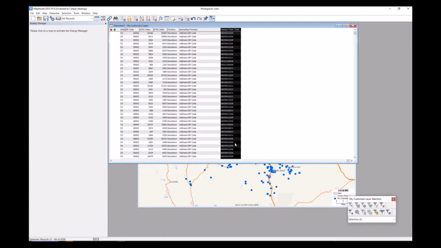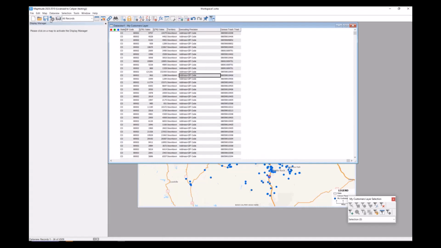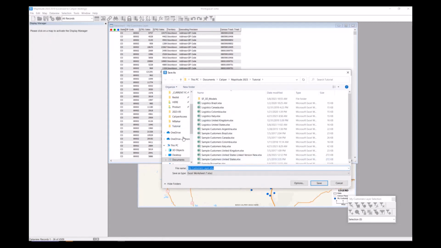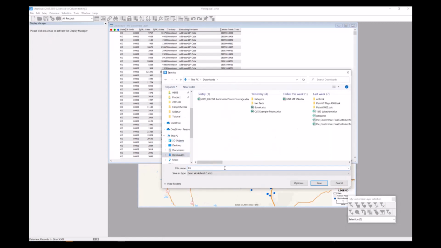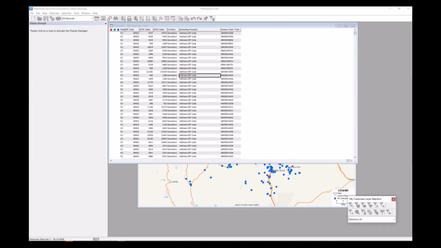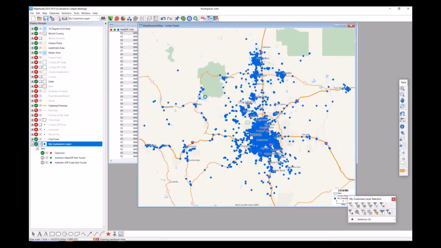So now I have this new column here. I can go ahead and export this table out into Excel by going to File, Export Table. And then I will call this Census Tracts, Customers. And now we can use that new Excel file in order to show a heat map at the census tract